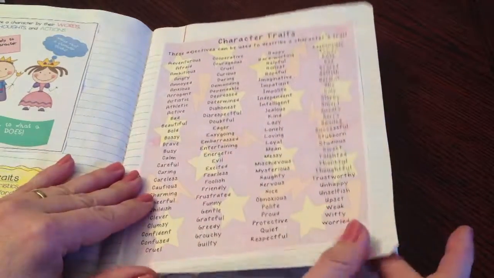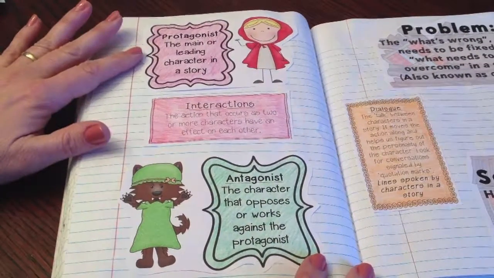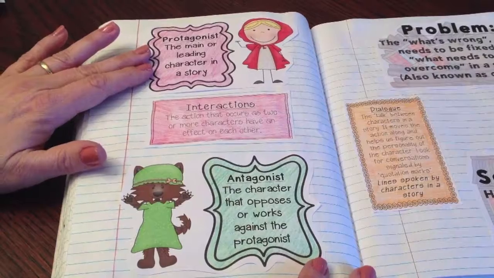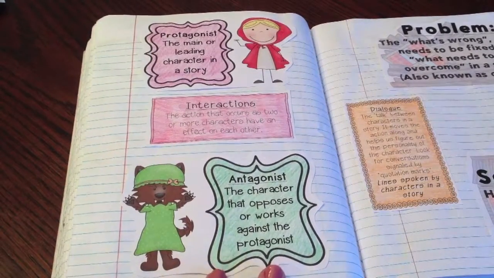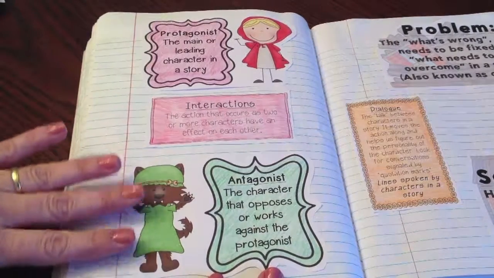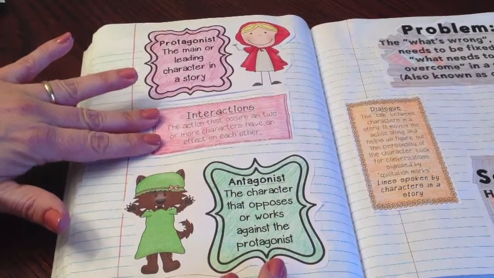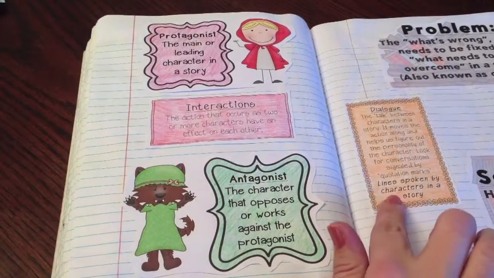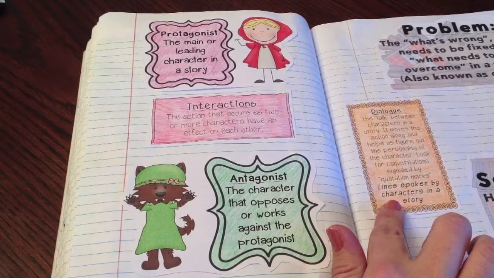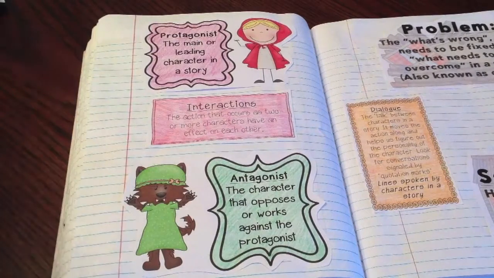So there are certainly lots of traits about characters. I want to move on to special types of characters here. We have a protagonist, which is our main or leading character in the story, and then an antagonist who opposes or works against the protagonist. Now, while not all plots have antagonists, when they do, those interactions where they affect each other and then their dialogue are all very helpful. I want to use an example from the book Matilda